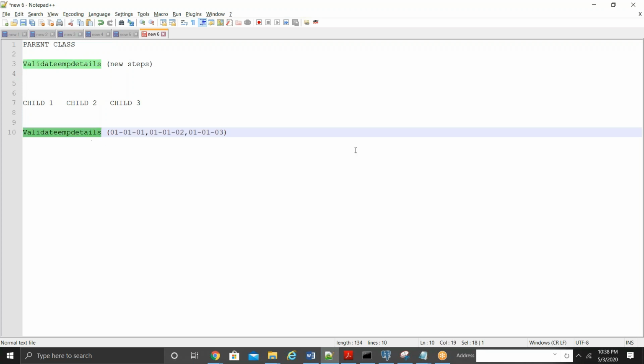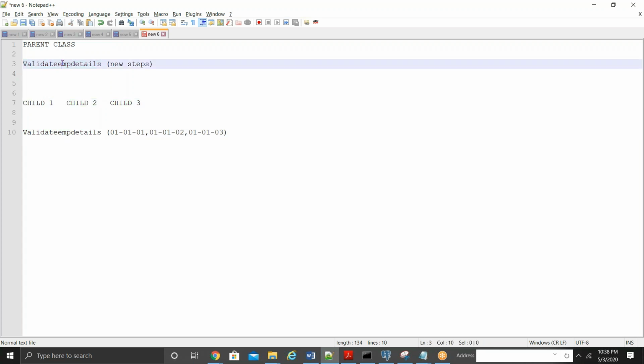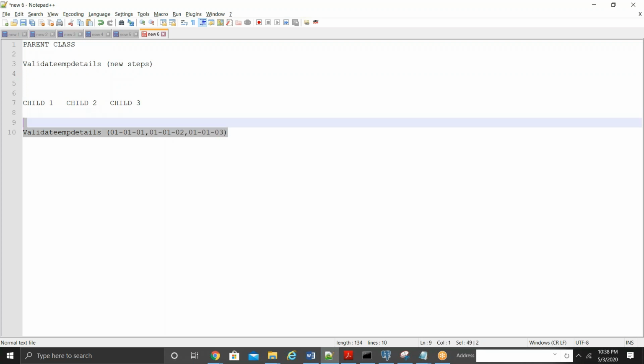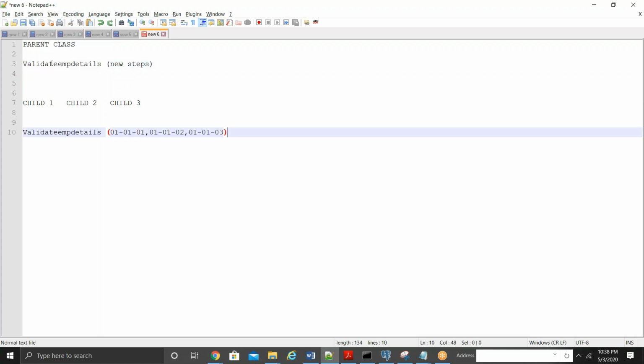If you keep this, at runtime, the rule resolution algorithm will check whether this activity exists in your current class. If it exists, it will execute this one. It will not execute this. So you have to withdraw or delete it. Only then will this be picked at runtime. If this exists, this will not be picked. For child 2 and child 3, this will be picked. But for child 1, this one will be picked because it has an activity in its class context. So you need to withdraw this.